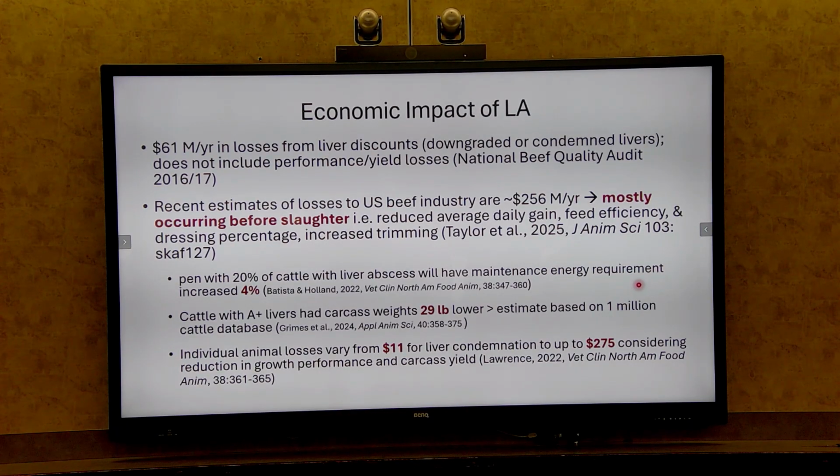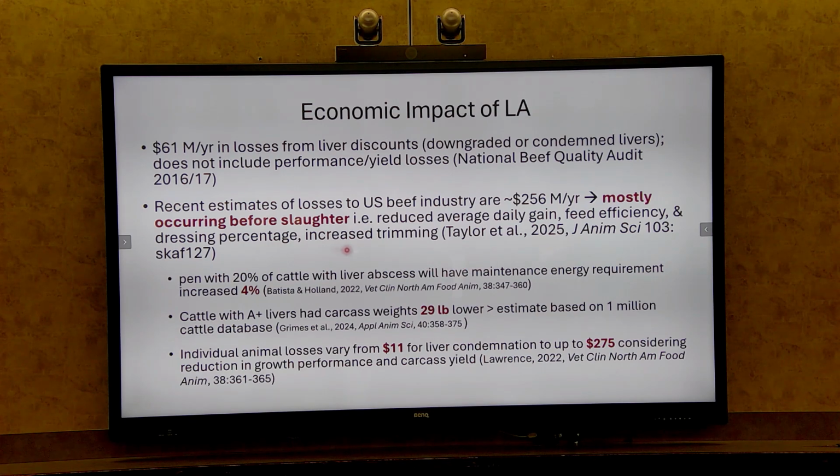So a recent paper came out, I've got the reference here, Taylor et al. 2025, where they were looking at modeling costs in the US of liver abscesses. And they came up with a range of numbers, but I think the most confident number they came up with was approximately 256 million per year. But the important thing was that most of the losses that were associated with that number were before slaughter. So these are your